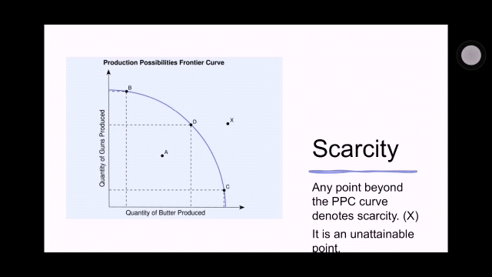And then point A. Point X is basically a very efficient point. Now B, D and C are efficient points. X is also an efficient point, but it's unattainable, while A is an attainable point, but it is inefficient. Why is it inefficient? Because it doesn't use all the resources the economy has. So full employment of resources does not happen there. Therefore production efficiency is not there at point A.